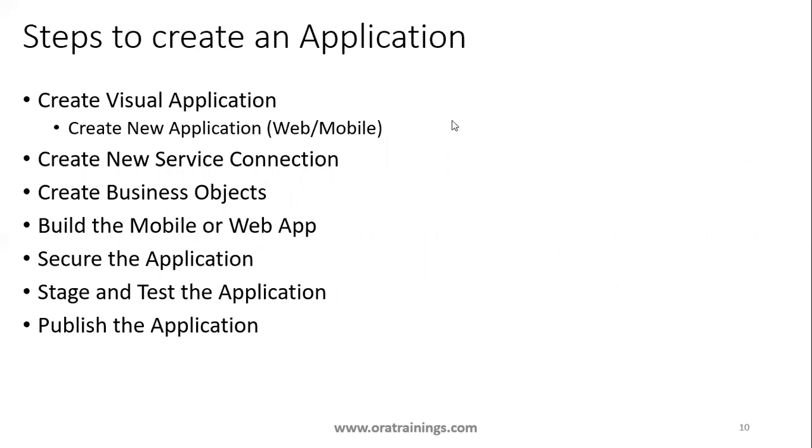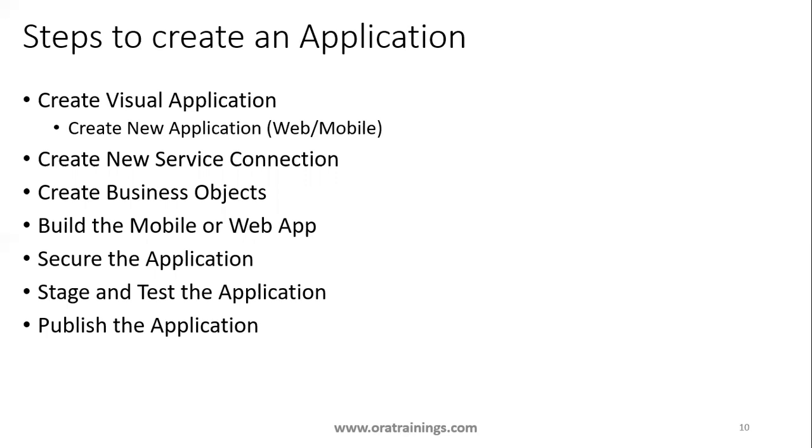Now, how do we start creating an application? Consider any other simple programming language like PL/SQL, Java or C. When you want to write a hello world program, we generally open an editor and save the file like hello world.c, hello world.java or hello world.sql, and then write the program. If it is C or Java, you'll start with public static void main. If it's PL/SQL, for an anonymous block you start with the declare section, or for a PL/SQL program you start with create or replace package. Similarly, in VBCS, when you want to create an application, we start with the creation of a visual application.